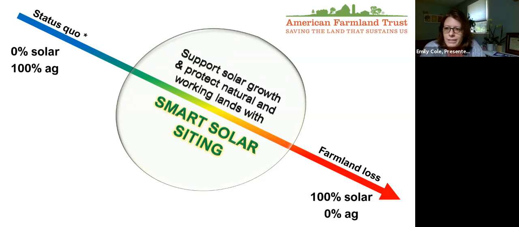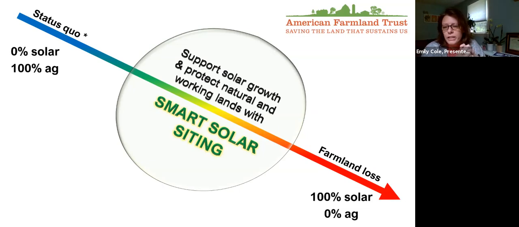However, let's go back to the asterisk. Status quo isn't really status quo. We wouldn't keep all of the productive farmland that we currently have right now. We would be losing it for other reasons. We would lose it to residential development. We would lose it to climate change. We would lose the actual productivity of our lands. So neither end of this spectrum